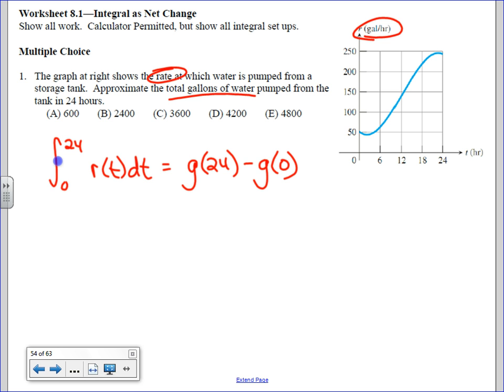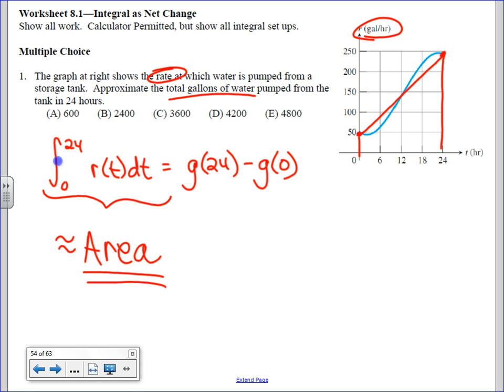So the rate, gallons per hour, goes back to just number of gallons. That's what it finds for me, but I can't do this exactly, but I can do it approximately by saying, hey, let's think about the area. How on earth can they expect me to approximate that area? I could do a trapezoid, maybe. I could say, hey, I have 0, 50, and 24, 250-ish. I don't know, you can make it 49 if you want. 48, 40. Anyway, you could do one big old huge trapezoid, and you could say, I know the area of a